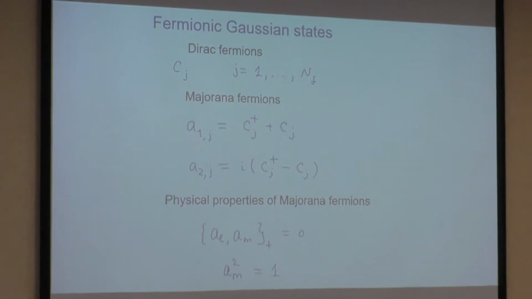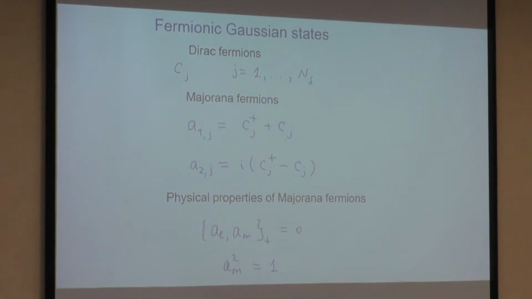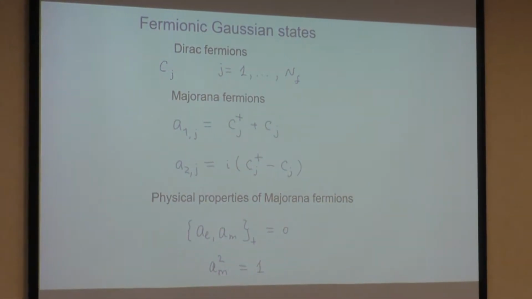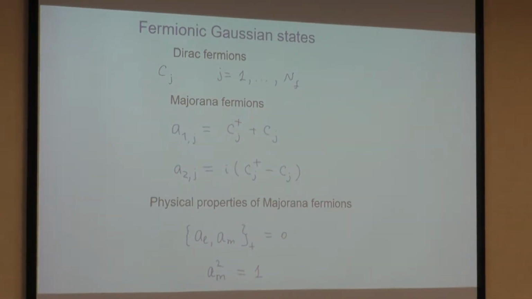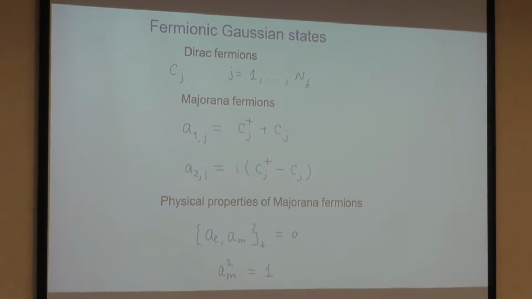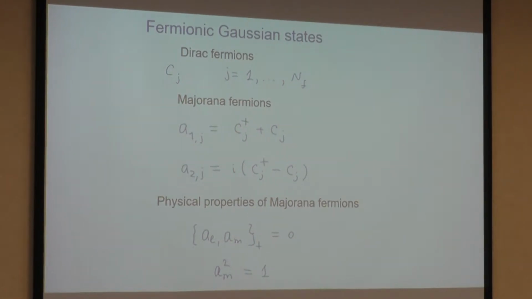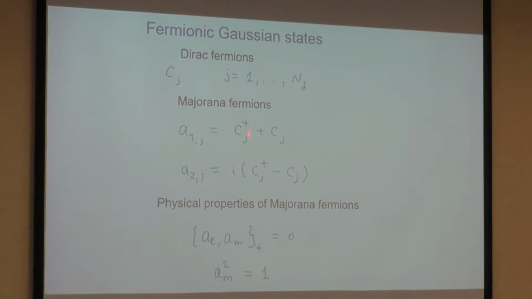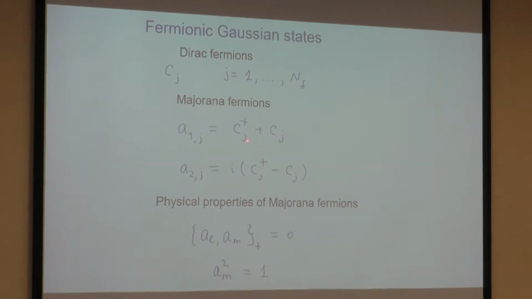It doesn't mean that we expect to have real Majorana excitations in the problem, although we might find them. This is just a technical trick to make sure that the matrices we'll be calculating will be real. So if we have any fermionic degree of freedom, c_j, then we can decompose it into